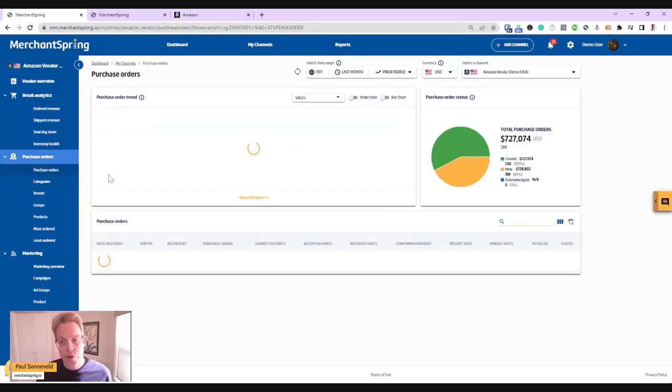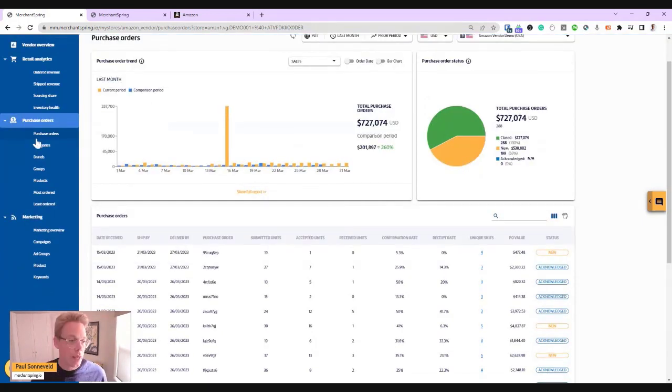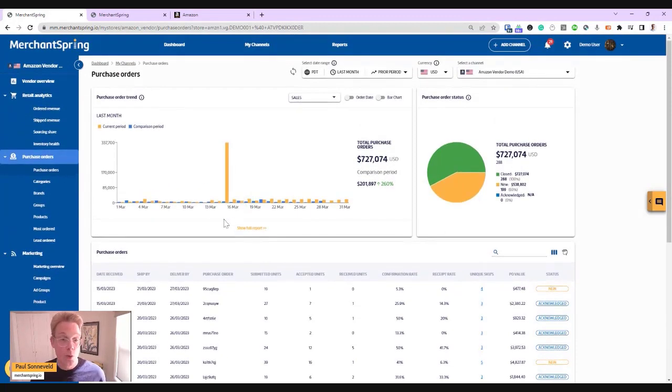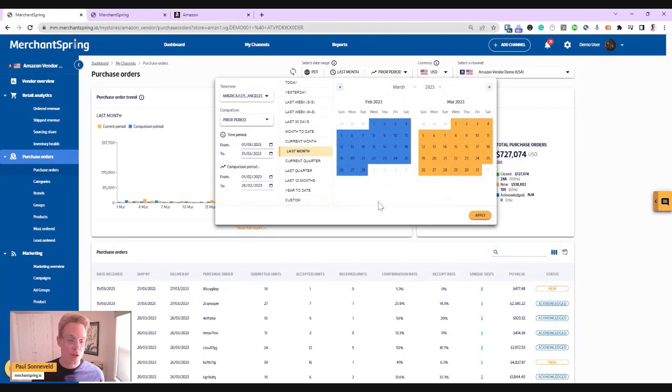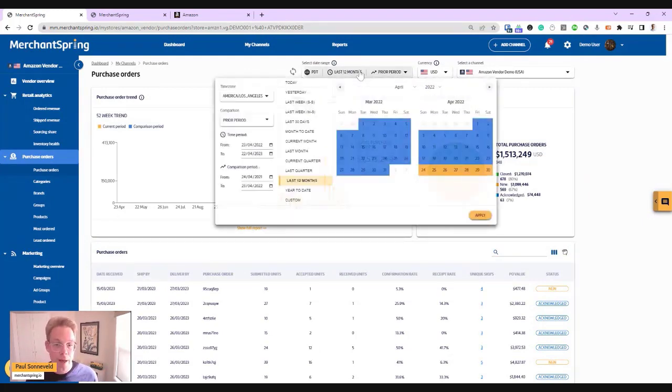So purchase orders, as I said before, is sell-in information. We start with a total view around purchase orders, which will give you the trend, the purchase orders that Amazon has been placing compared to the other period, and of course, there's all sorts of time toggles here to look at this at a very small window or a very large window. Now, typically speaking, when it comes to vendors, it does make sense to look at this at a much broader time window because Amazon doesn't place purchase orders every single day.